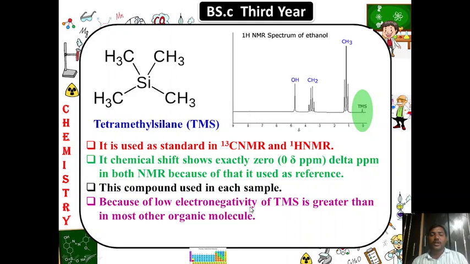This compound is added to each sample, in whatever solvent we are using. Because of the low electronegativity of TMS, its shielding is greater than in most other organic compounds, and because of that it shows signals near about